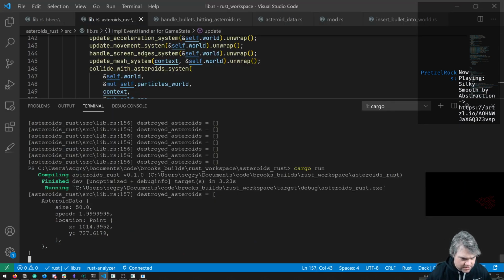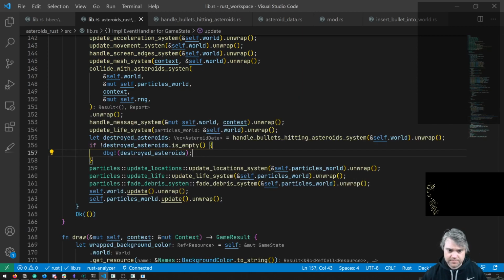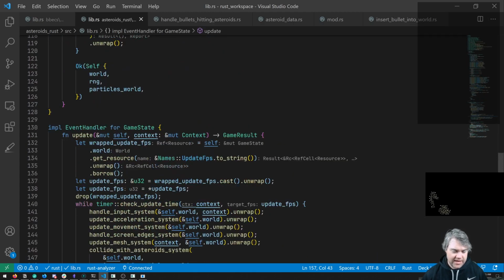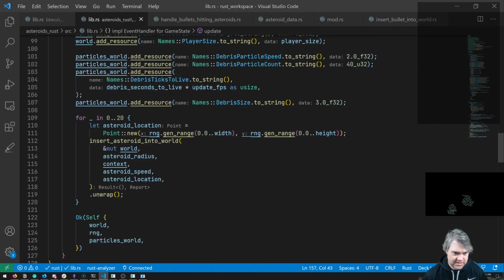So asteroid data, size 50, speed, oh, is almost doubled here. Okay, that's pretty perfect. Location, point, is that okay? Okay, we can work with this. Now, if I wanted to have only one of these,